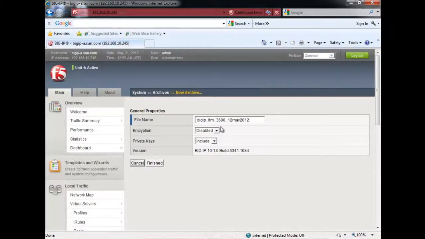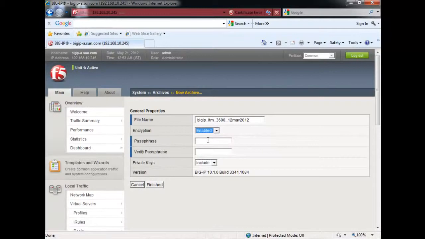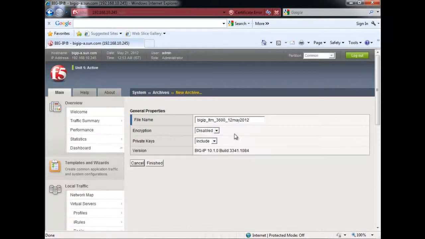The date and timestamp will be a good option. So let's give this name. Encryption: if you click on enable, you can give a passphrase to secure this configuration file. When you want to restore this file back, at that time you need this passphrase. So disable it. So bigip_LTM UCS file, click on Finished.